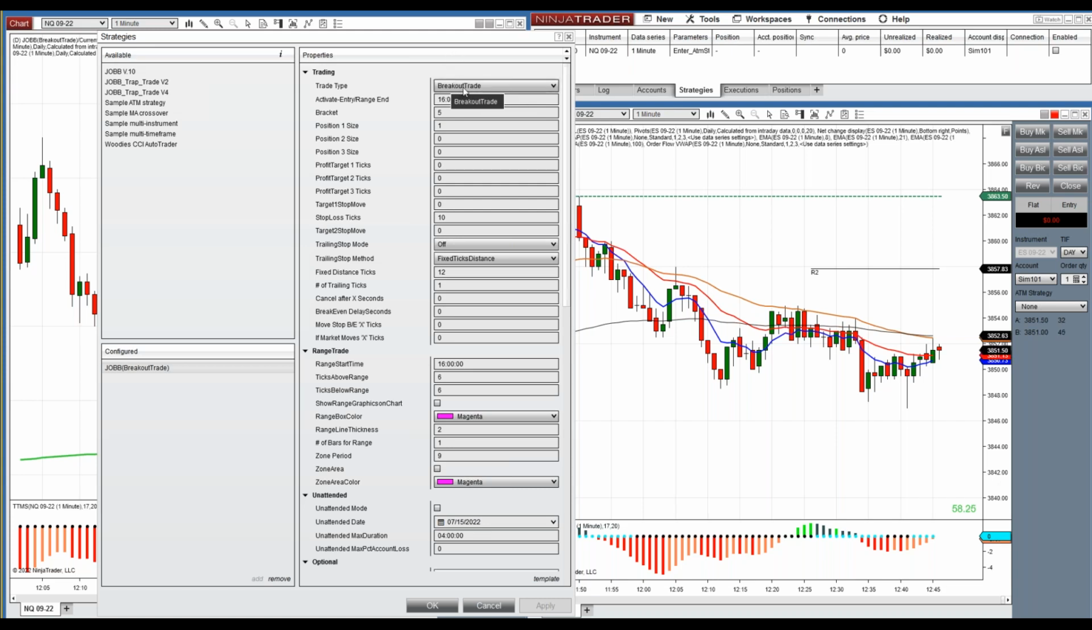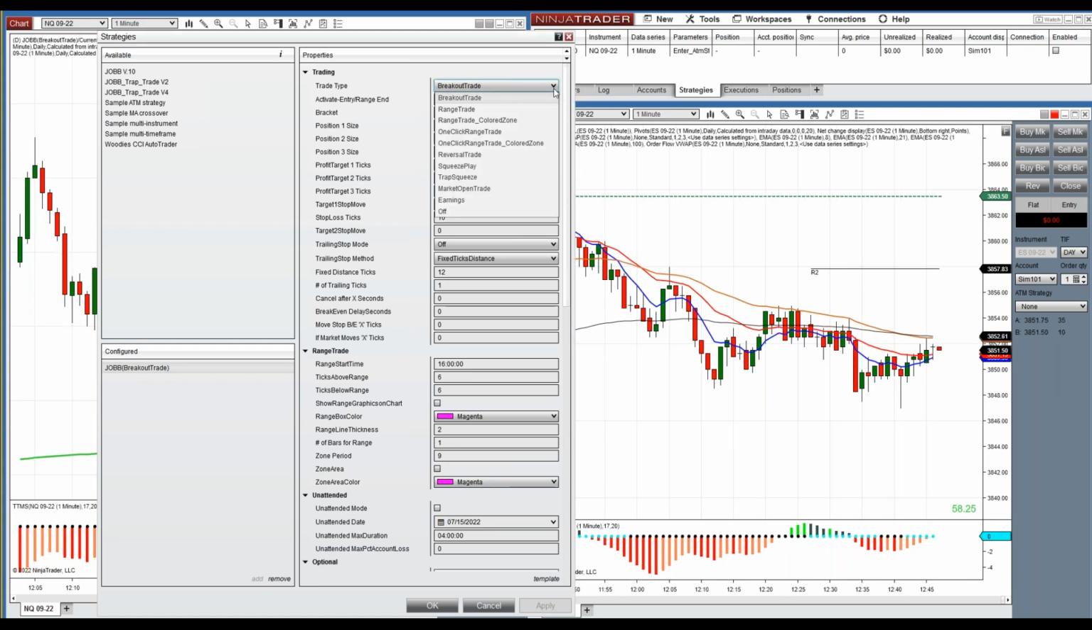So our DNA is the breakout trade. You put a bracket above and below the current price. That's our DNA, the breakout trade. But in order to choose the trade types, you just go through them. Breakout, the typical range trade or traditional range trade with colored zone, one-click range, one-click with colored zones, reversal trades,